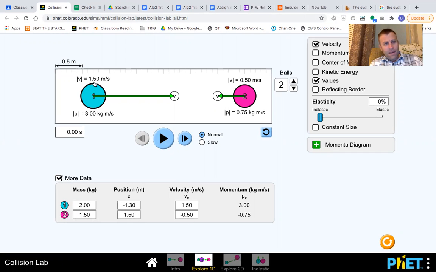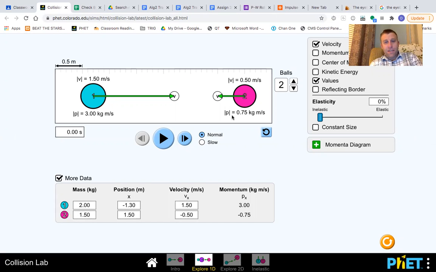The thing I'd like you to look at a little more today is this idea of momentum. If you look here, this blue one has a mass of 2 kilograms and a starting velocity of 1.5. Momentum is the product if I multiply those together. So 2 times 1.5, you've got 3 units of momentum, and the units on momentum are kilogram meters per second. And then over here, 0.5 meters per second multiplied by the mass, which is 1.5. So mass times velocity,